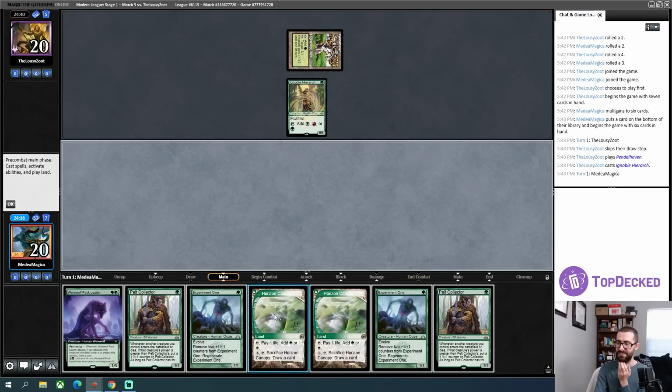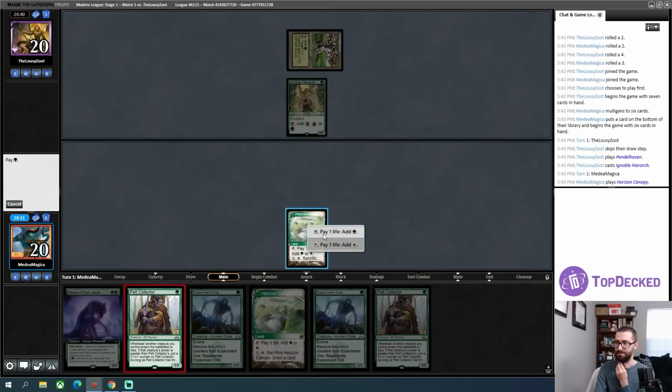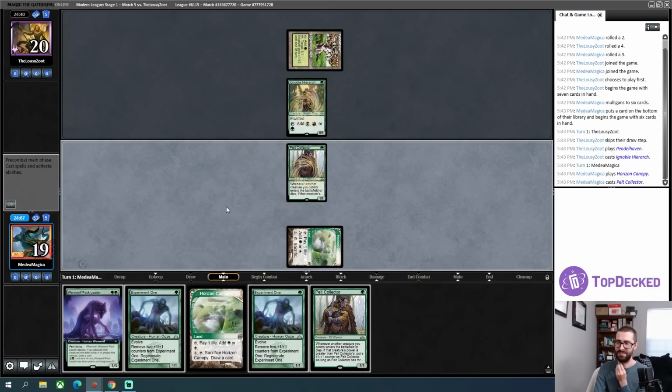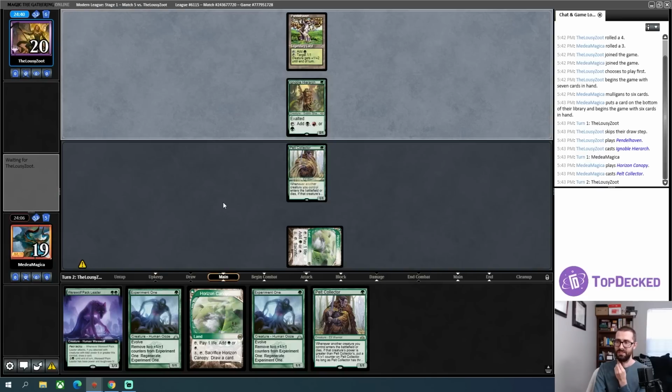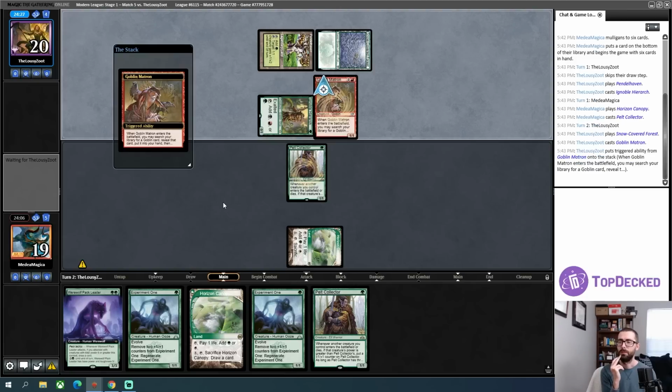Oh, okay. I don't know that I wanted yet another 1-drop. This is a bit much. I wonder if my deck wants Ignoble Hierarch to just double down on the Hierarch effects. I don't know. It's something that doesn't grow like the Experiment 1s and Pelt Collectors, so the answer is probably not. Goblin Matron. You're just playing against...